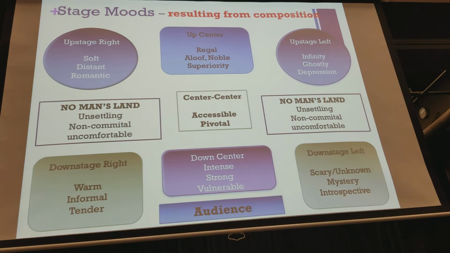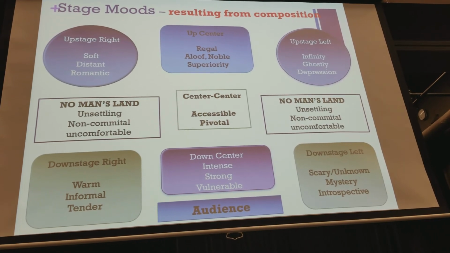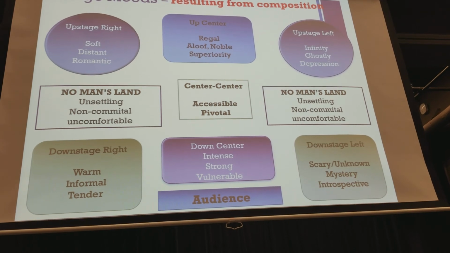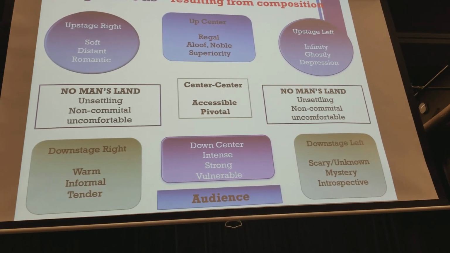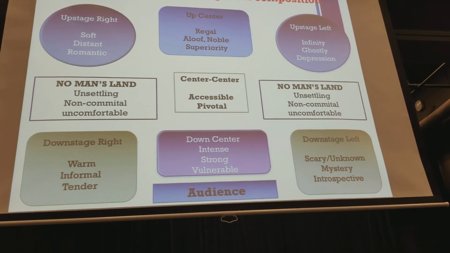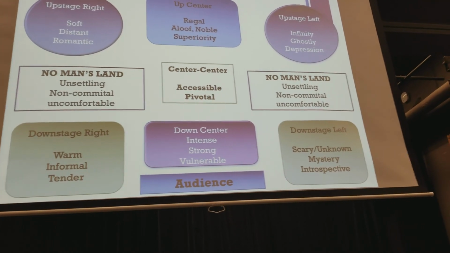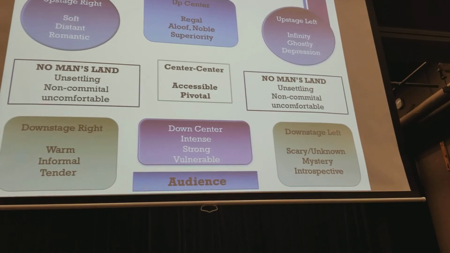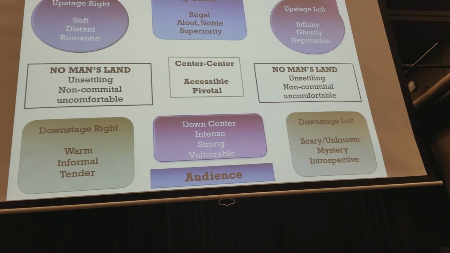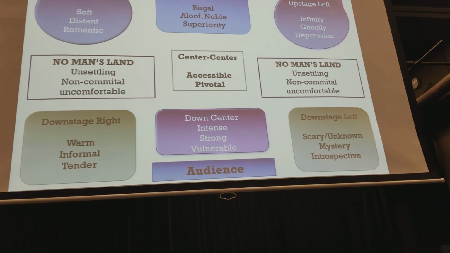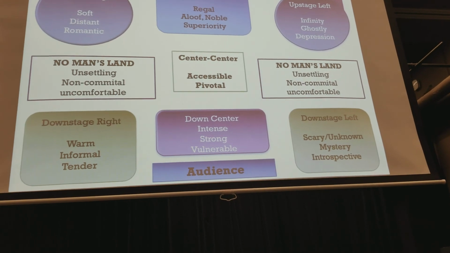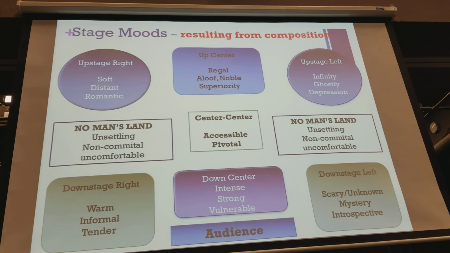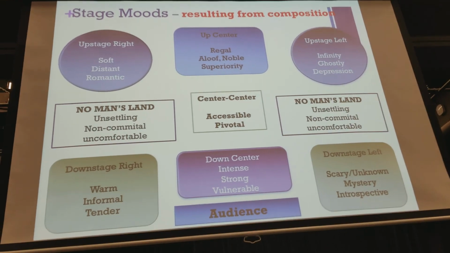So another one I'll talk about is up center, right? So where does that come from, right? Because the moods there are regal, aloof, noble, and superior. So think about the design of a classic courtroom. Yes, the judge sits where? In the middle, back. Right, all the way in the back. And they're elevated, yeah, right? Which gives them a very strong posturing of power, right? And again, they have a sense of nobility because they make the rules. So for an actor on stage to be up center means there's